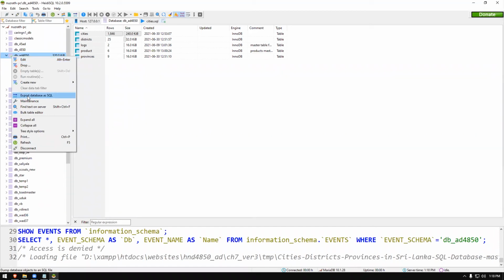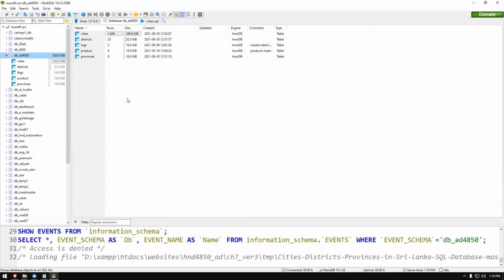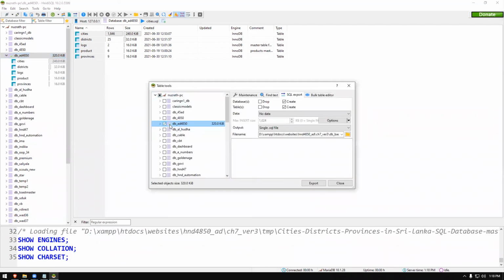Select export database as SQL. Then here you can choose, it's already selected the database part.